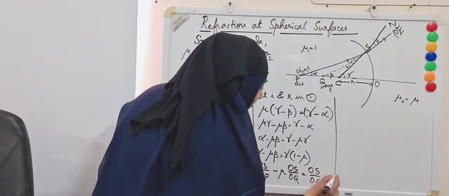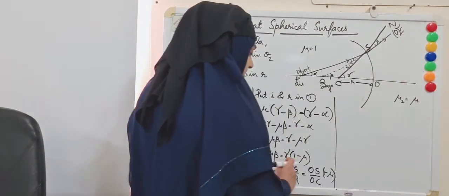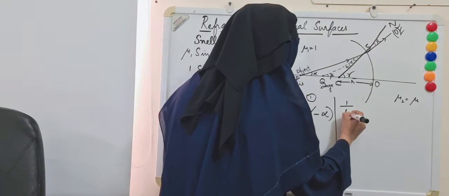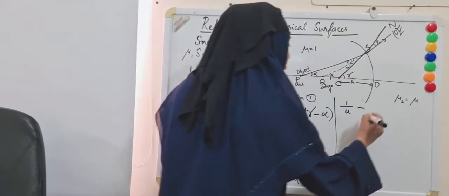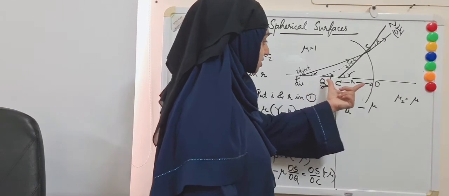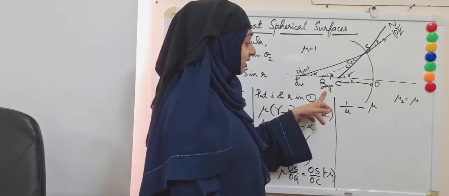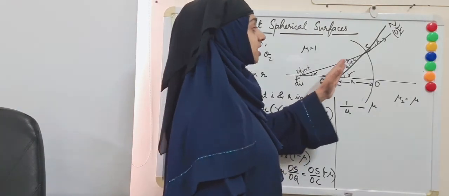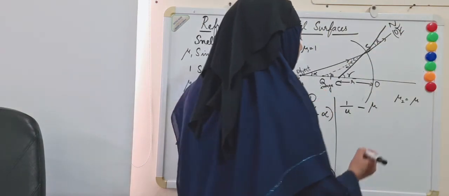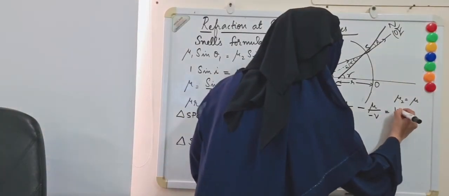I'm sorry, I forgot to write 1 minus mu, which is here 1 minus mu. So here OS is cancelled throughout, so we have 1 by OP is what? Object distance U, minus mu times, what is here? You have OQ. So the image is here. So if we consider this distance as V and the image is virtual, so V will be negative, and also it's not on the side or the surface from where the refracted ray goes. So here we can consider image as minus V equal to, here I have 1 minus mu